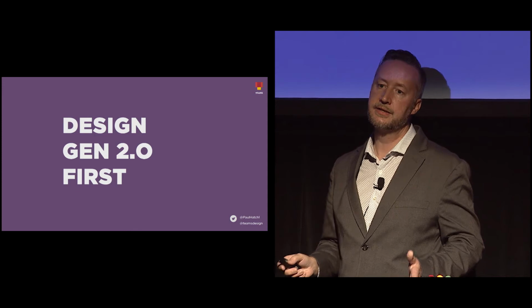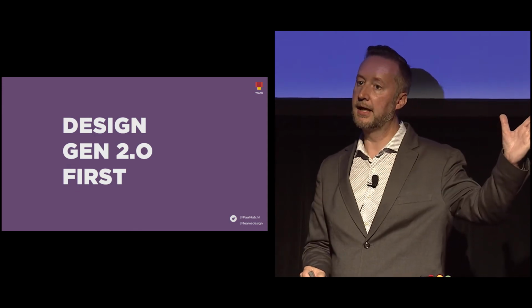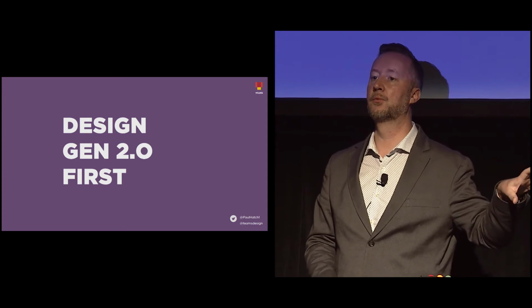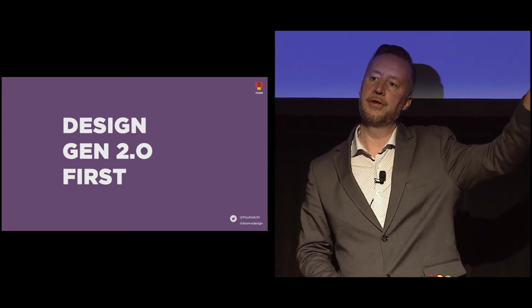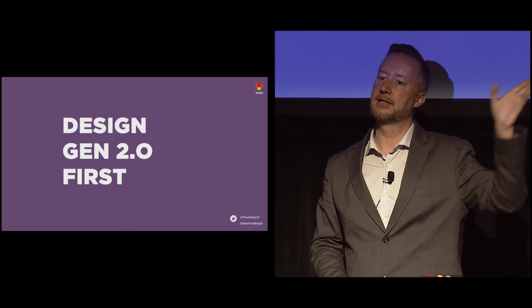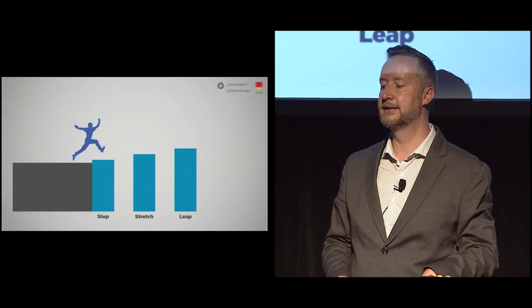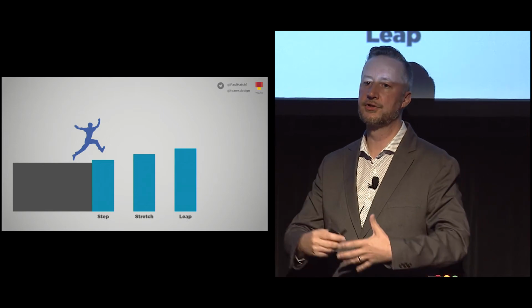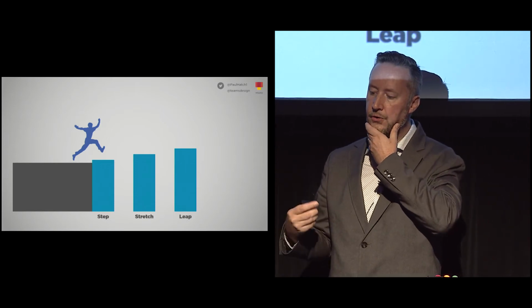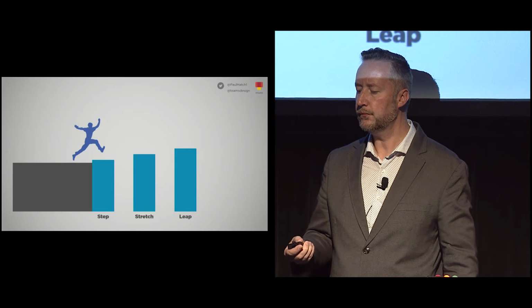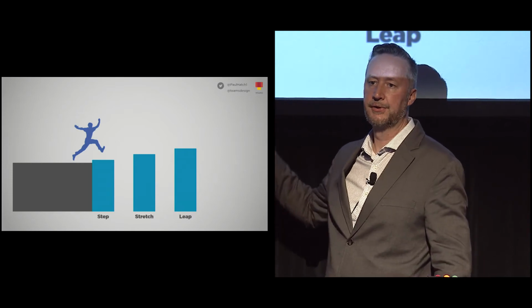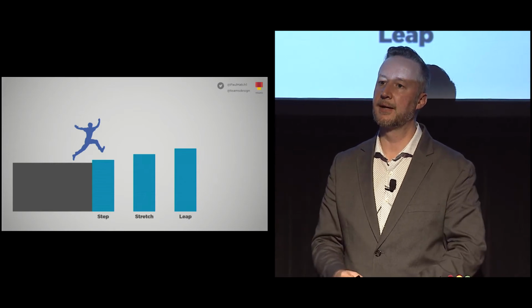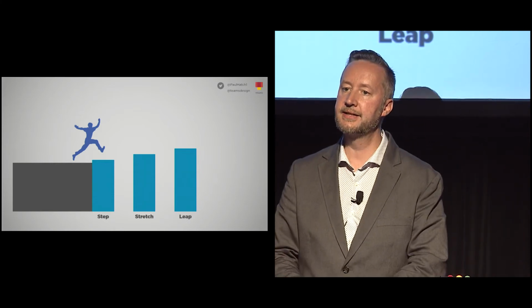So the thought is design, at least as a plan, what Gen 2 is before actually designing 1. What is 2? What do we think 2 should be? And now let's backtrack a little bit, and 1 is the experiment to get there. Now, normally when you're thinking about new products, new things that we're making, new innovation, there's step, stretch, leap. Okay, we are here right now. Now, an incremental step forward is quite easy to make. It's nice and safe.